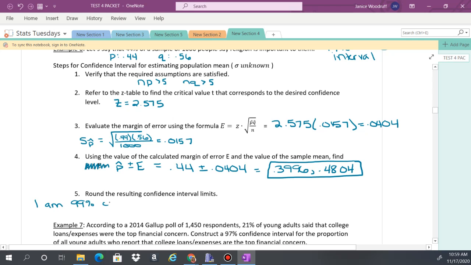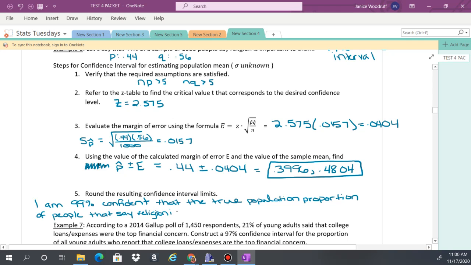I am 99% confident that the true population proportion, it's a little wordy, of people that say religion is important to them is between 30, we can round this to 40%, is between, so these numbers are percentages, 40% and 48%,